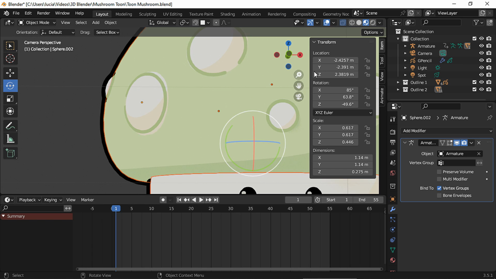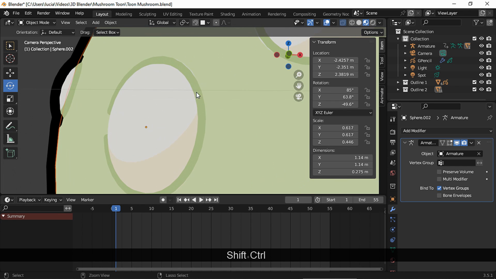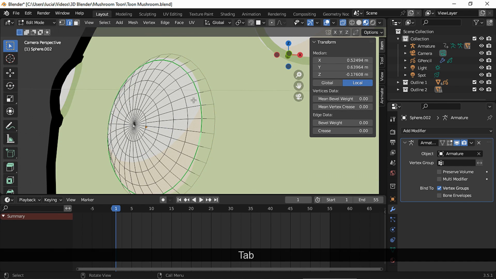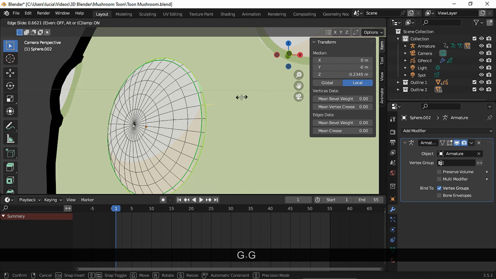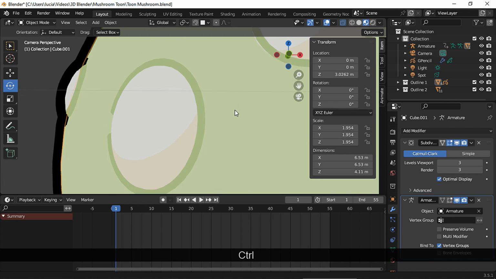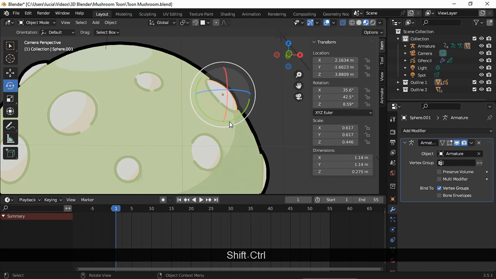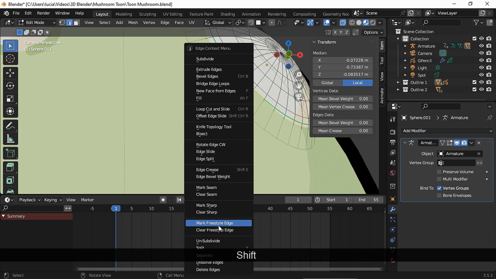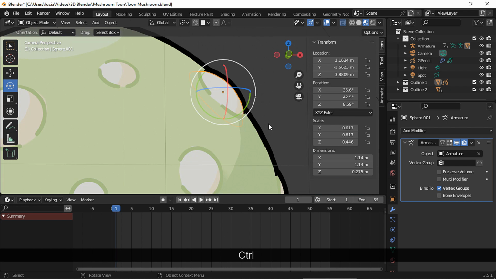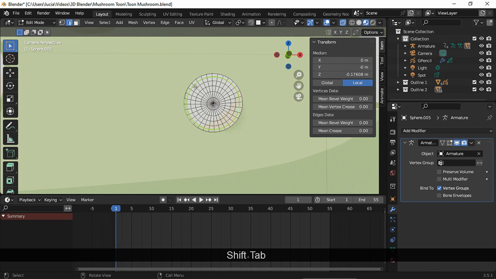And now I'm gonna move the cap a tiny bit to fix this material showing at the borders instead of the green outline. And if you are too much of a perfectionist, mark another edge loop and slide until the white disappears. We could clear this freestyle edge in some parts as well. And let's do the same with this remaining circle.